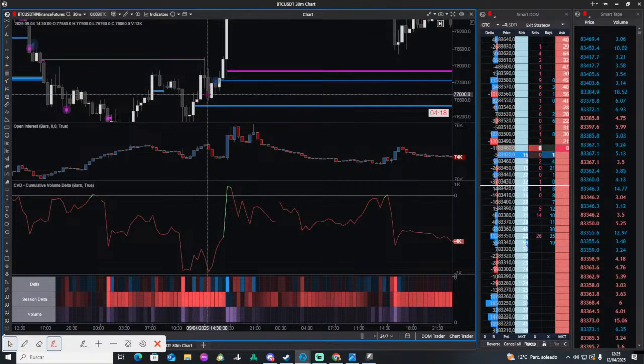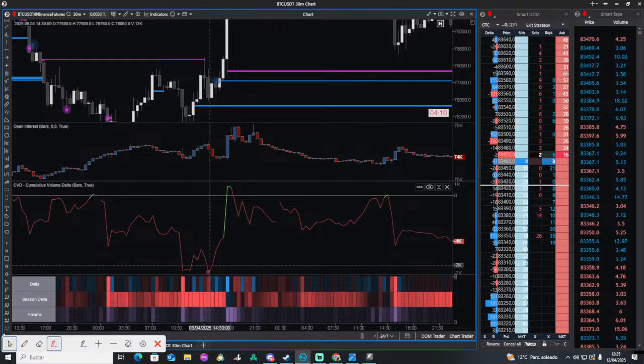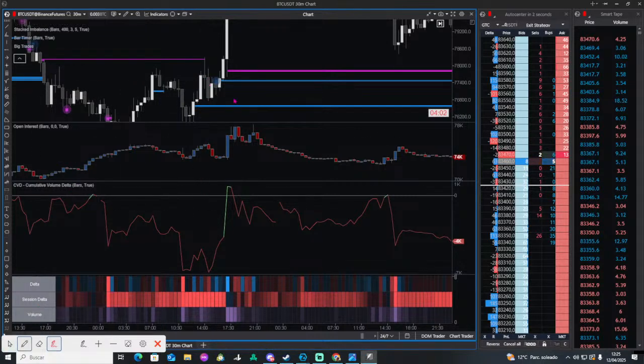This was New York Open 2:30. Okay, so they couldn't break. They had volume enough to do it. They did a new low on CVD, and price couldn't break. So you don't enter blindly here because this could nuke. But when price breaks this structure, you have your entry with your invalidation here or here, and then you just